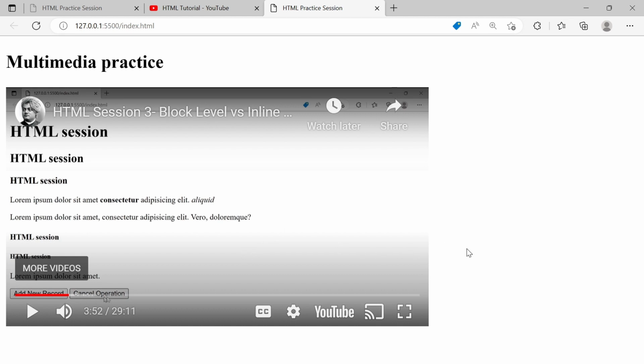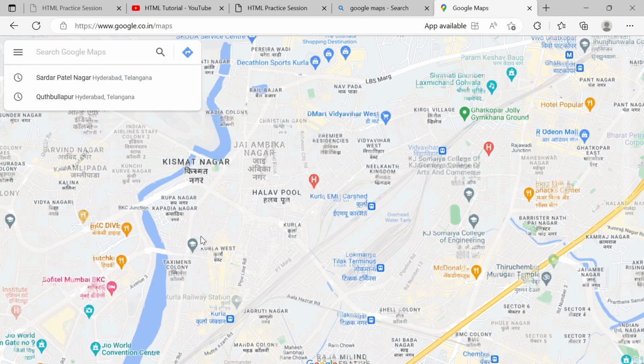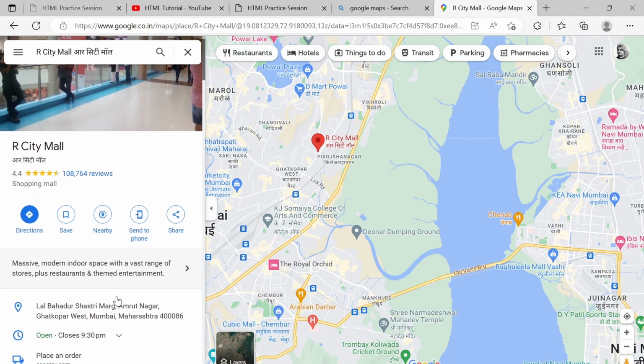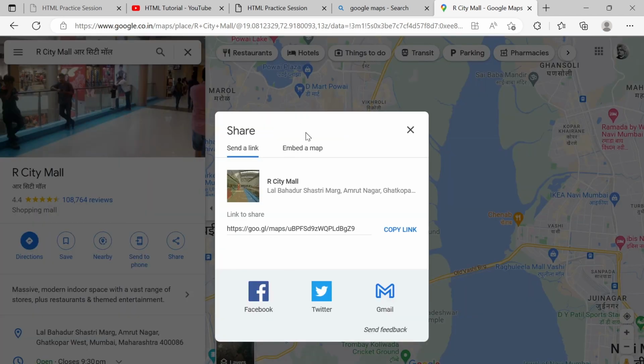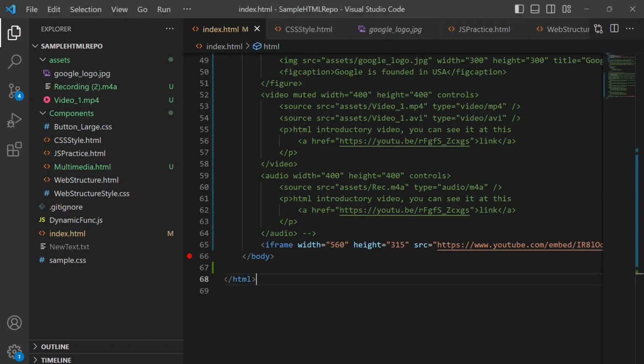So this is one thing. Another aspect: if you are a store owner or an enterprise owner with a website, you may want to give directions or a map feature. So you will just go directly to Google Maps. We will consider this as your place, just for consideration. You will see here there is a link, then embed a map. You will copy this HTML and put it in our website.